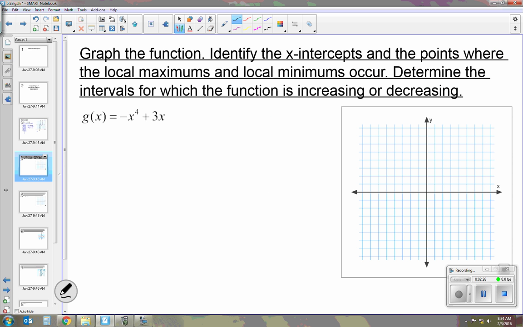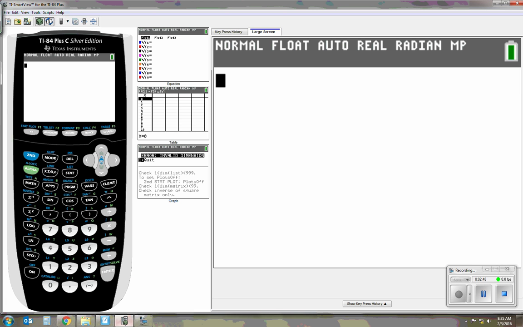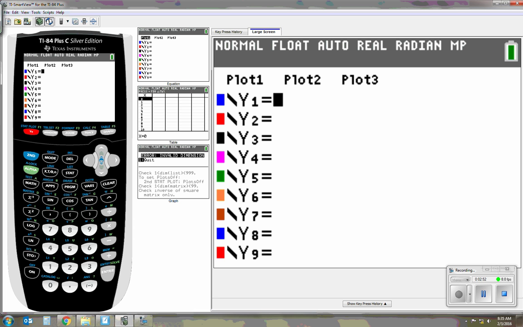Next, what we're going to do is graph this function, identify the x-intercepts and the points where the local maximums and local minimums occur. Then we're going to determine the intervals for which the function is increasing or decreasing. Now with this one, we can actually use our graphing calculator to graph this and find all these pieces of information. So I'm going to go to my graphing calculator, and in my y equals, I'm going to put in my function,